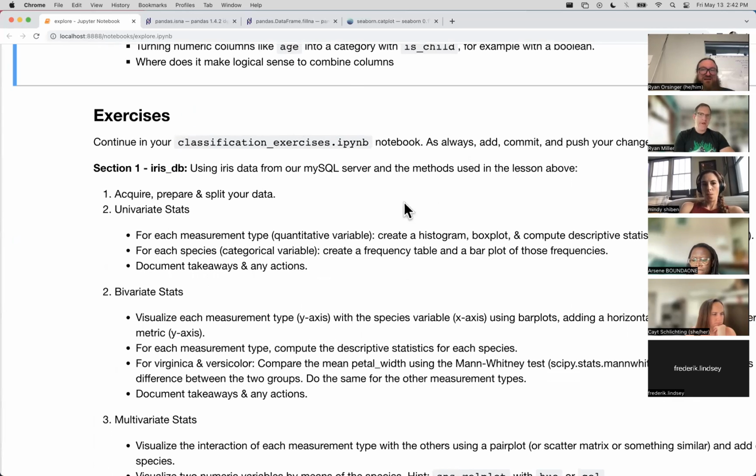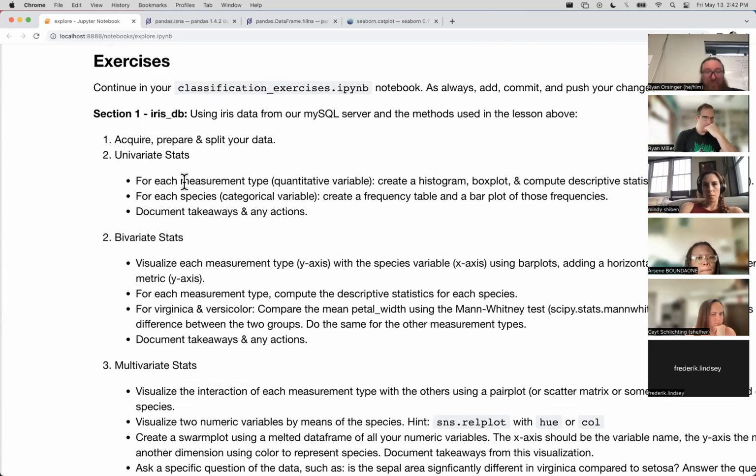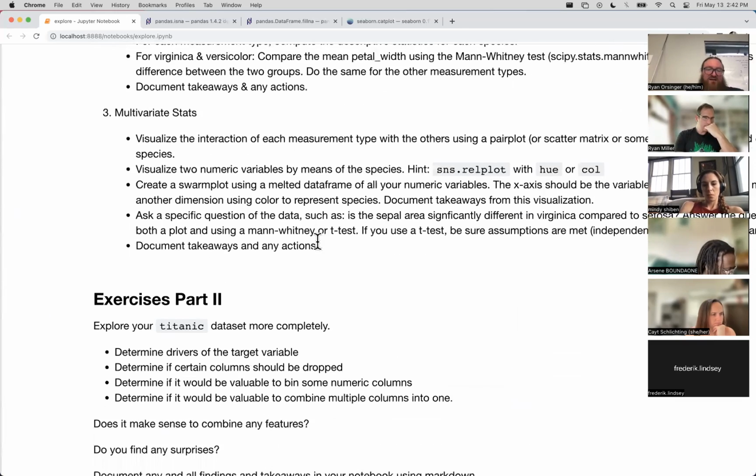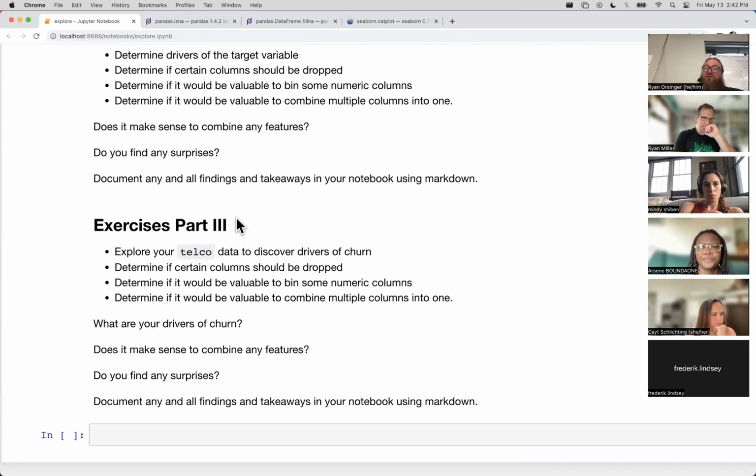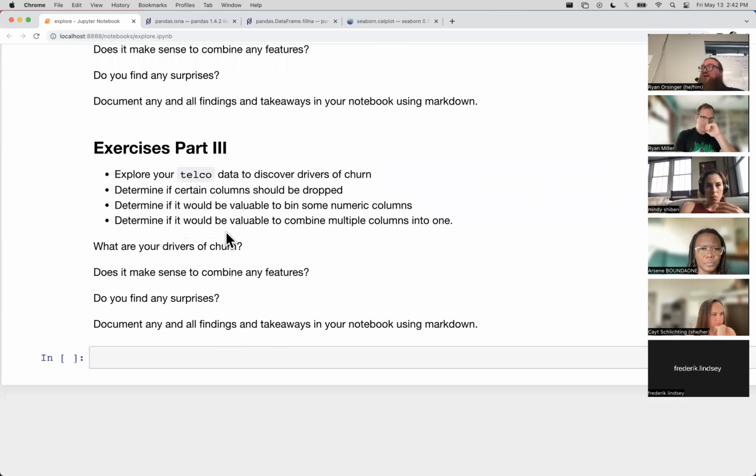And with that, folks, we will move presently into the exercises. The first exercise set is the IRIS database. Second exercise set is Titanic. And if you really want to get the most bang for your buck time-wise, you can go dive into Telco first, since Telco will be the project. Okay, that's what I've got for you. Great discussion. And let's take a little break, bio break, and get working.